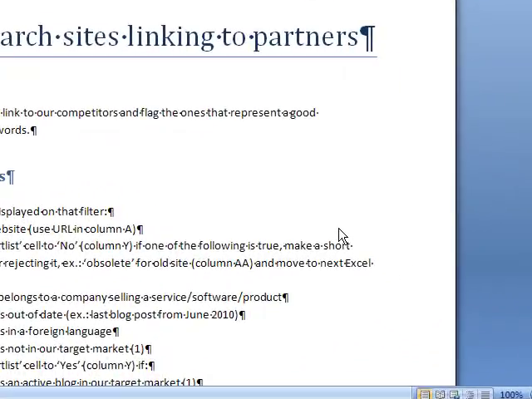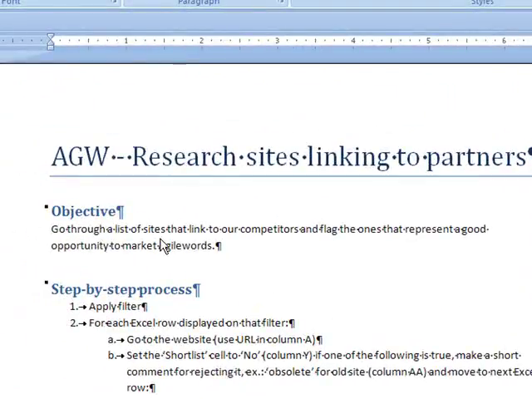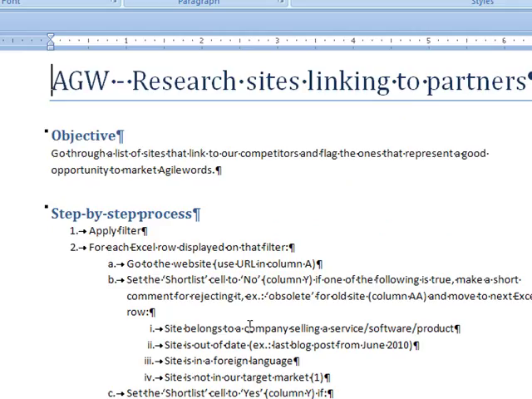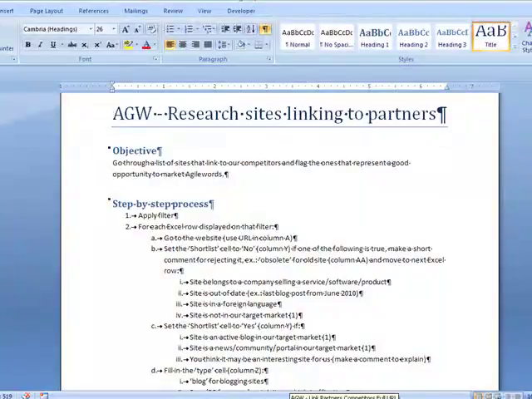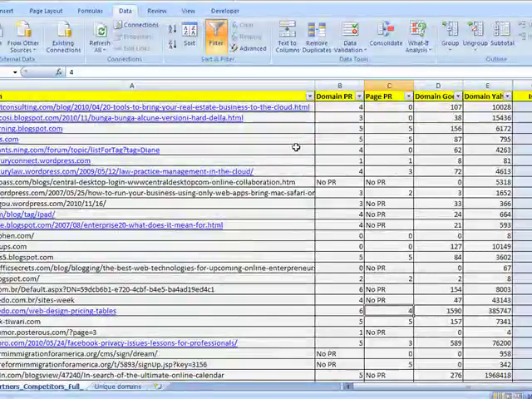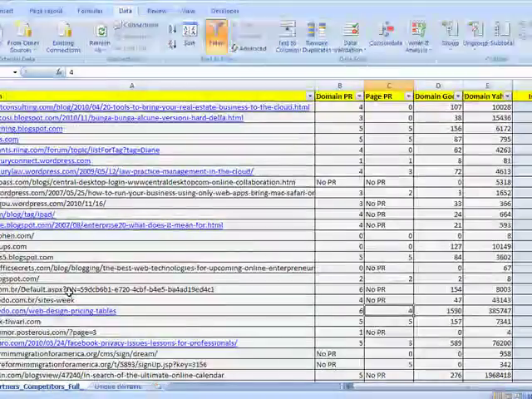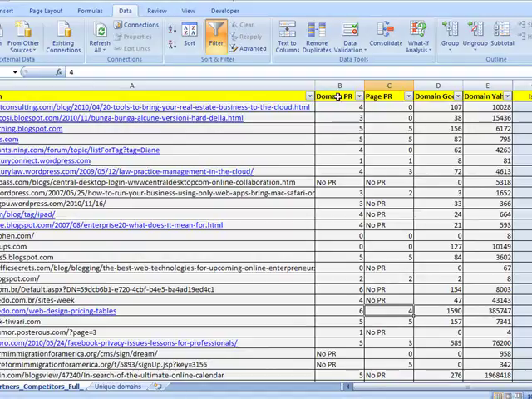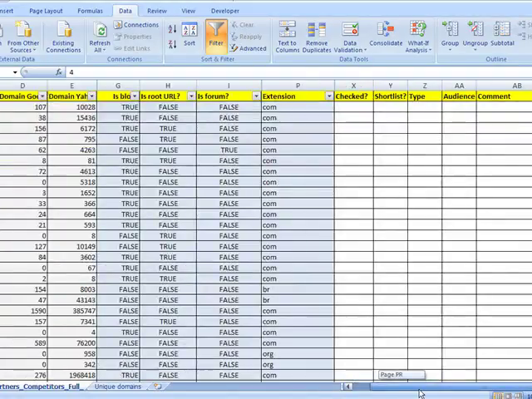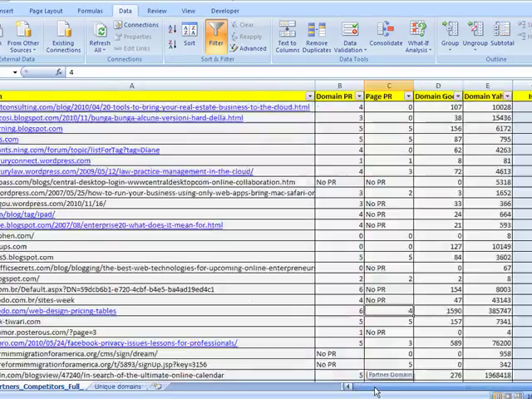In this project, we want to research websites that link to our partners. So I'm giving you a step-by-step process in the document that explains how we are going to do this. Basically, we'll rely on an Excel file that contains a list of the sites linking to our partners in column A. And we added some extra information in column B to column P here, and we'll use filters to